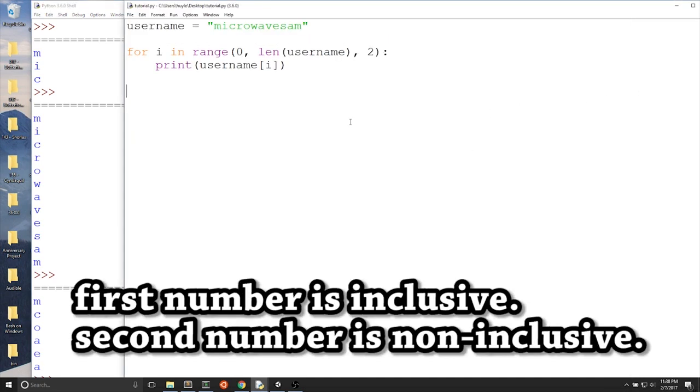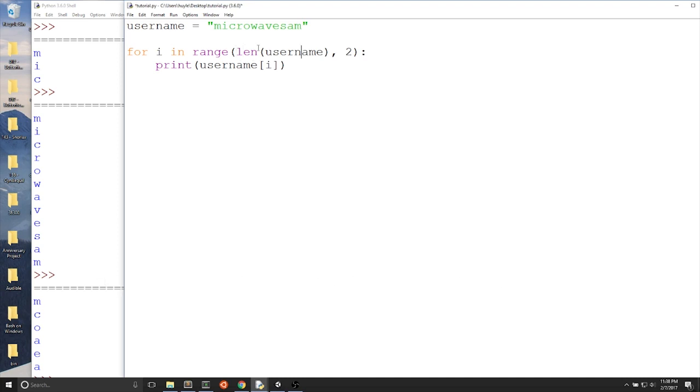We can make the range be flexible, and we can go in reverse. For example, we can start at the last index of the string, the last letter of the string. for i in range(len(username) - 1, -1, -1)